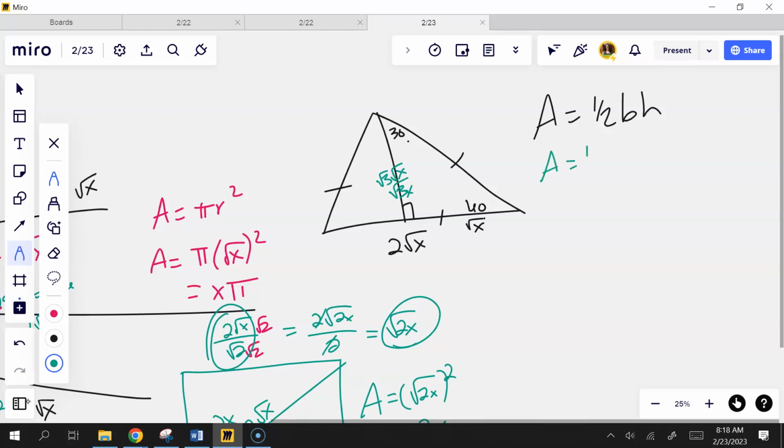So the area is 1/2 base times height, which is just